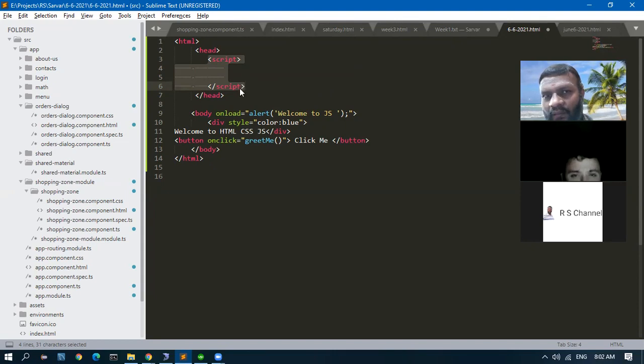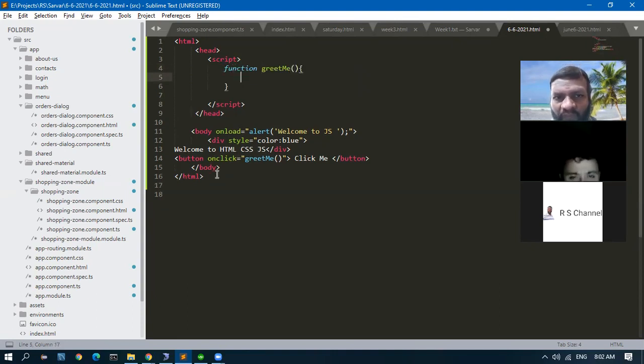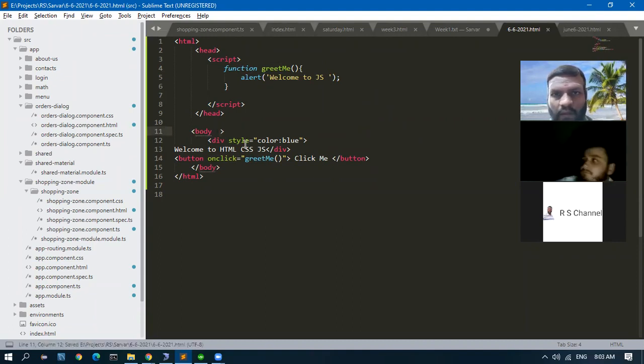Okay. So here I will write a function. We will see more about what is a function in detail later. So on click, I have to call something. In that something, I'll put this alert. I'll cut this and I'll move it inside this something. So this is taken. Now if you see,